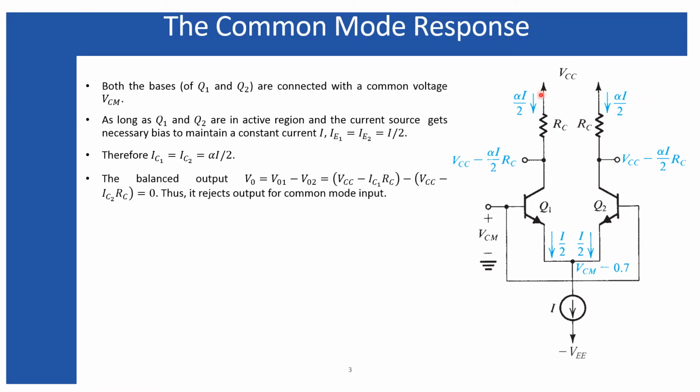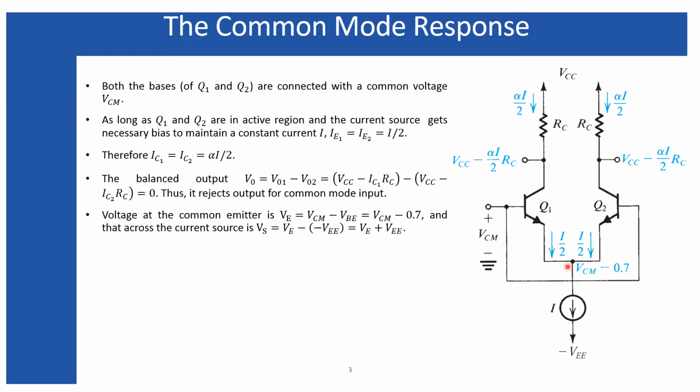The balanced output differential amplifier is used over here. Balanced output means the output will be measured with respect to each other, and since the common mode voltage is applied, both of these individual outputs have the similar expression. That is why the balanced output is equal to 0, and this is the reason that a differential amplifier always rejects the common mode voltage unless there exists any kind of mismatch, because primarily I have considered that both of these transistors as well as these collector resistances are perfectly matched.